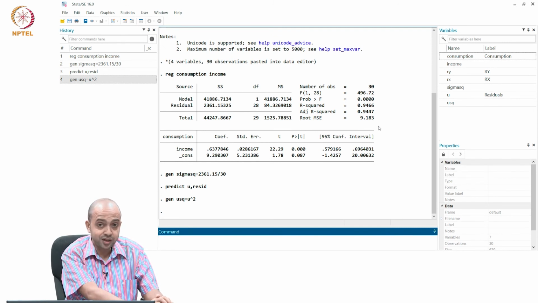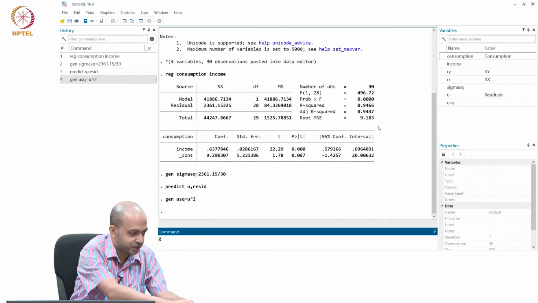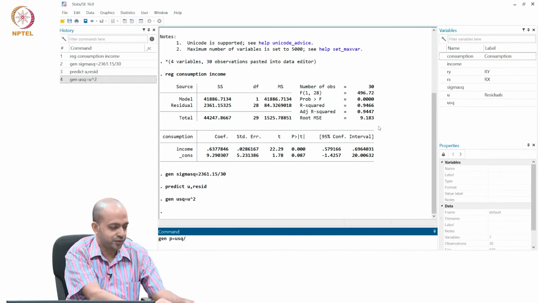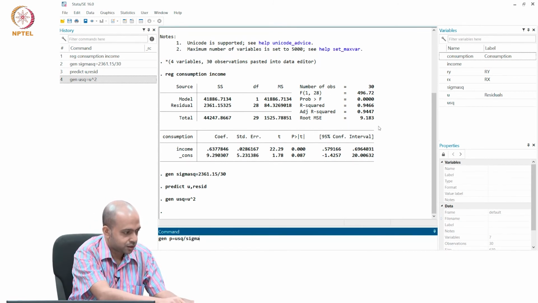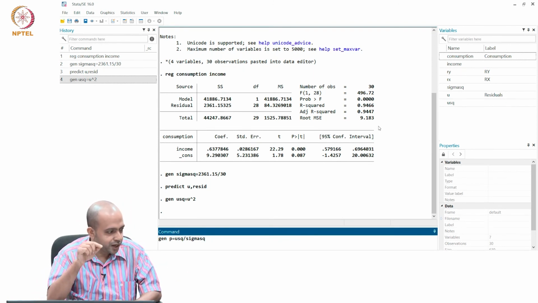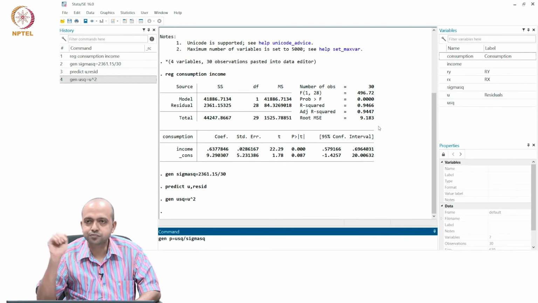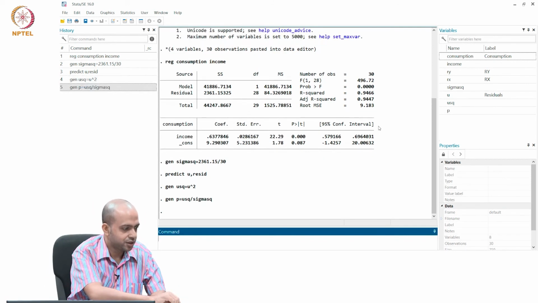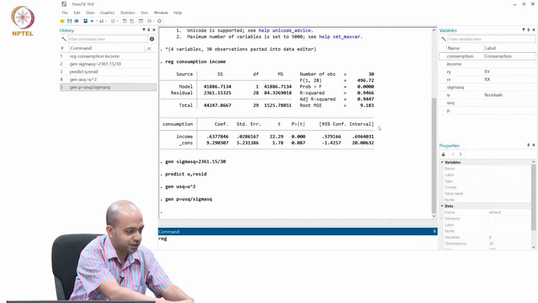Then how do you define your p? The p is just gen p equals usq divided by sigma sq. That is how I have defined my p. So, ui hat square divided by your sigma tilde square. So, this is your p,